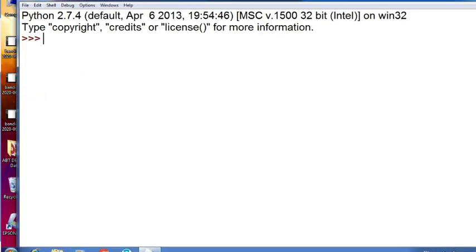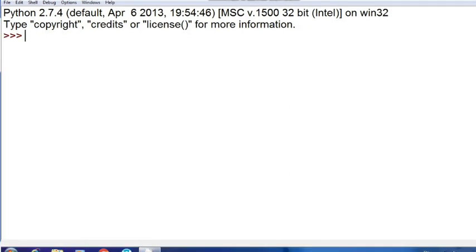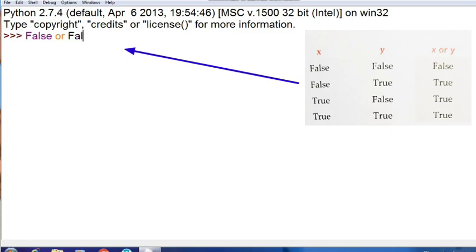I am checking it with the relational expression first of all. I've written here False or False. As we know, the boolean value false has a truth value of false, so False or False will give you the answer false only. And if you write True or False, it will give you the answer true. Why? Because if either truth value is true, the OR operator returns true, and it will not jump to the second one. Now let's check again, True or True.